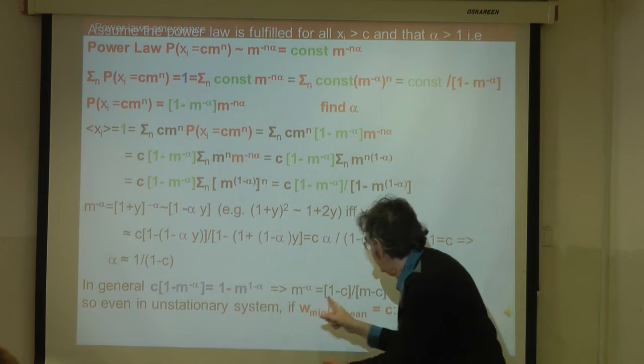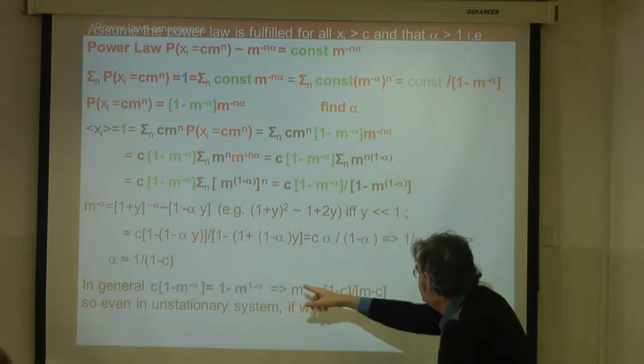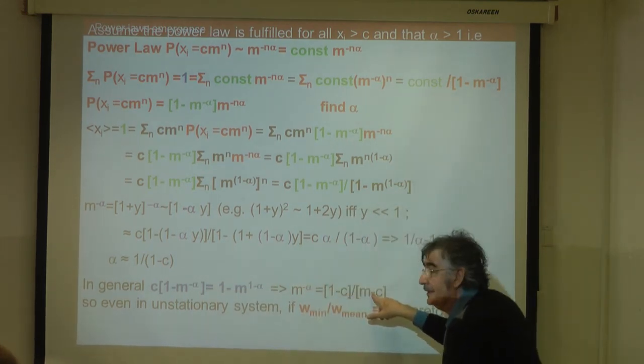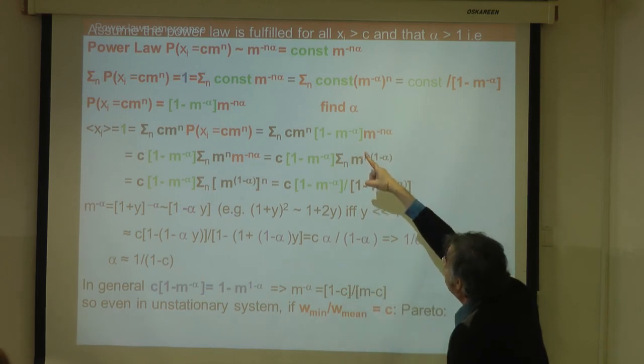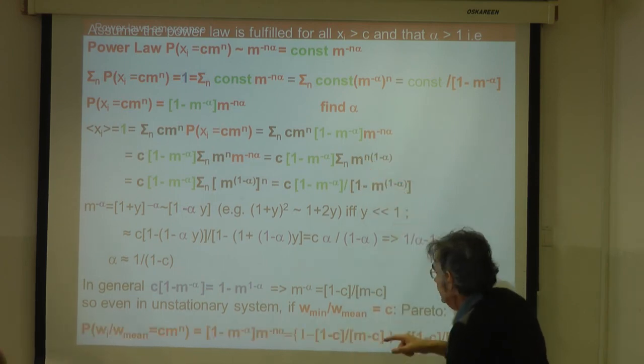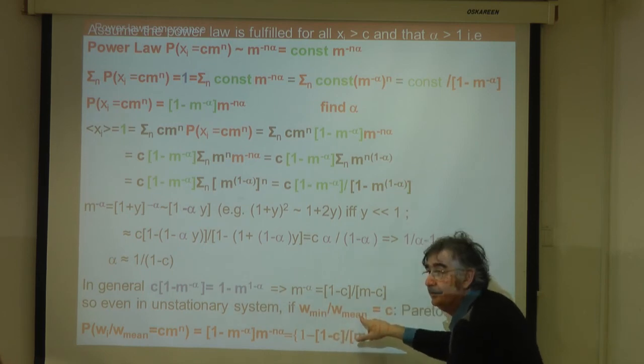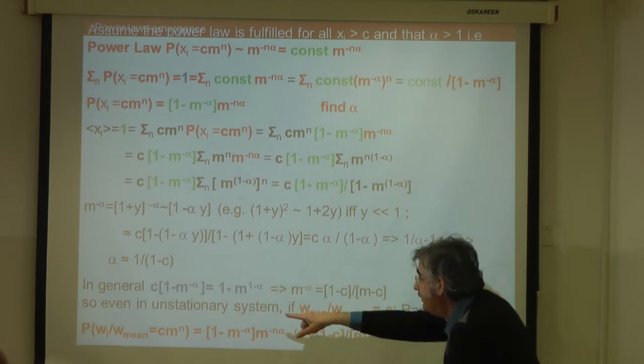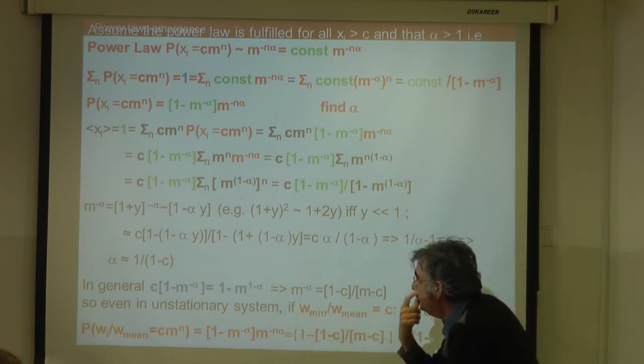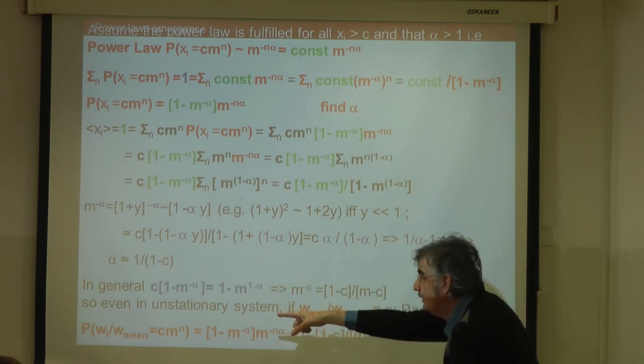Yes? And it's equal to 1 minus c divided by m minus c. That's it. Now I can put it back there. Remember that c is actually W minimum over W average. And now I have that the probability of Wi over W mean being c to the m to the n